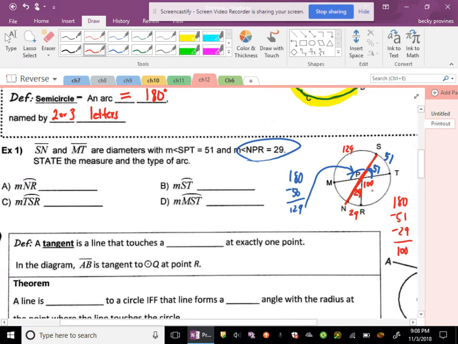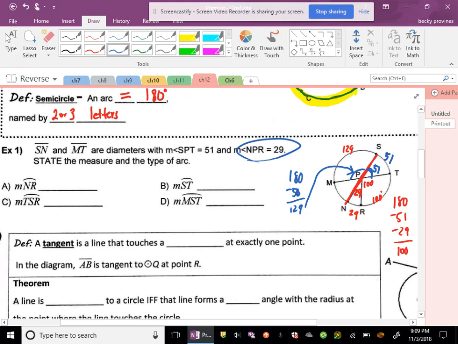So that angle is 100, which means the arc is 100 degrees as well. Now, is there a way to find this little yellow angle or arc MN? And of course, there's a way. Since we know it's a semicircle from S all the way to N, we know that's 180 degrees. So let's subtract the 129